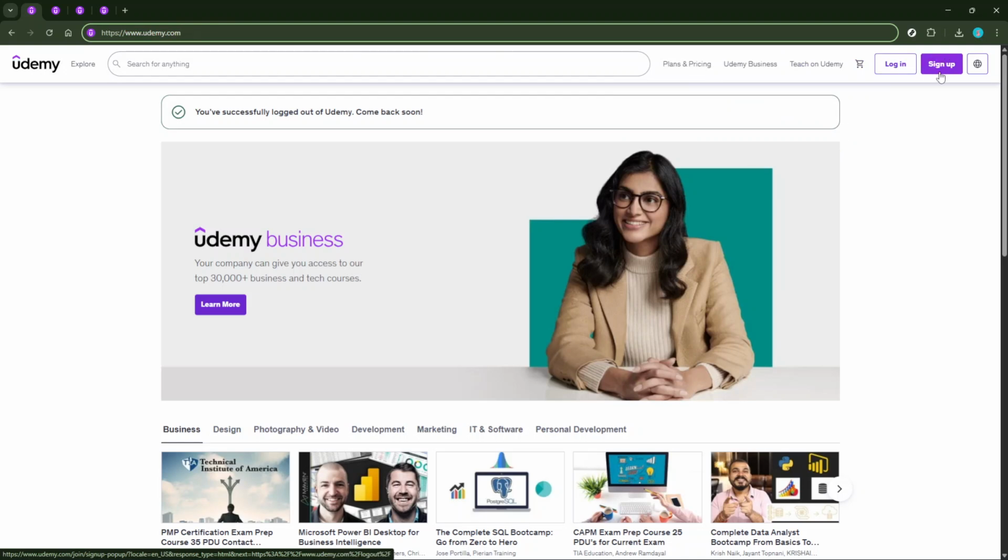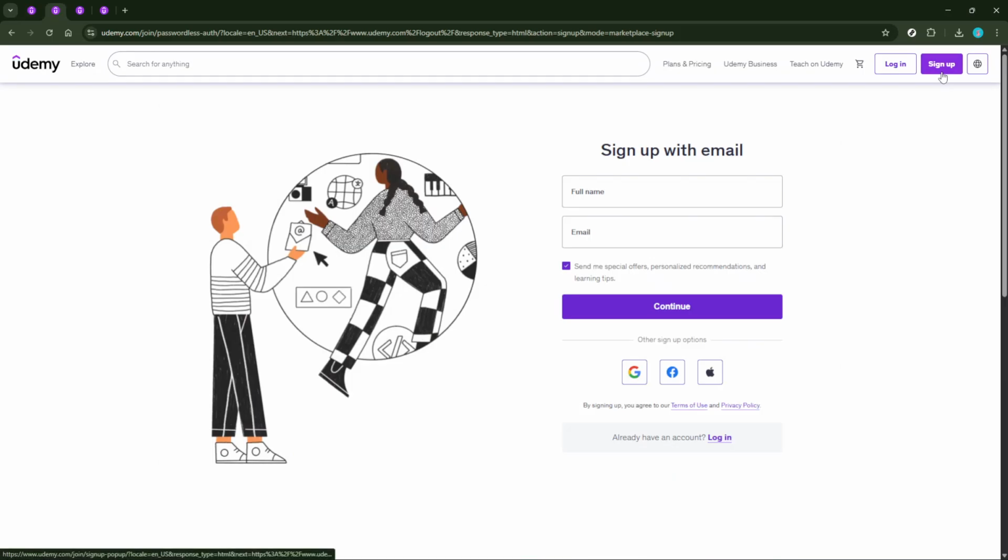Now, with the sign-up form in front of you, it's time to fill in your details. Udemy will ask for your full name, email address, and a password. Make sure that you choose a strong password to keep your account secure. It's also a good idea to use an email that you check regularly, as Udemy will send you notifications and